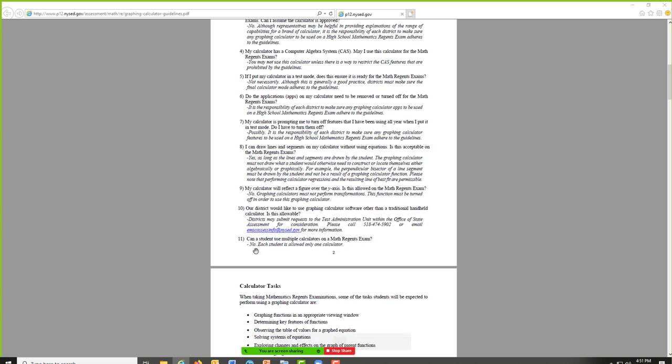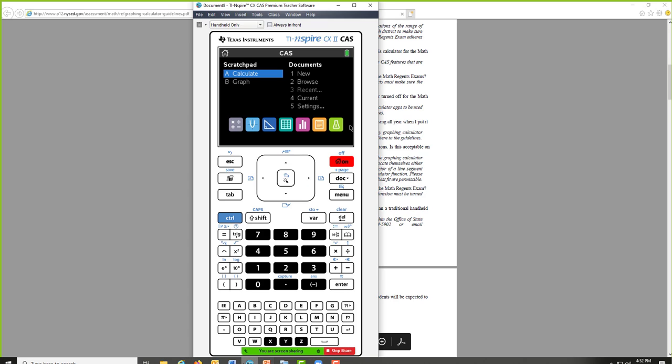And number 11 is a big deal. It's been discussed but never really put down in paper. Can students use multiple calculators on Regents exams? State Ed put it in writing. No, you can only use one calculator now. So that's a big deal. I know a lot of schools in my travels have kids use this at home, this at school. We have them use both. Now you are restricted to just one handheld. Okay, so with that being said,